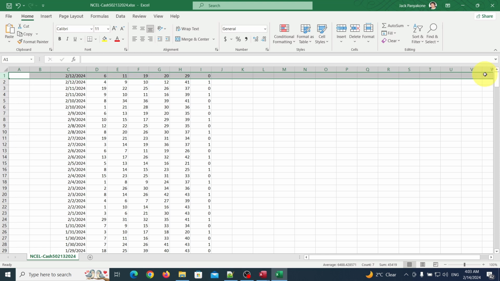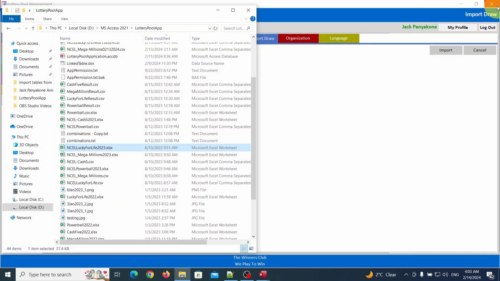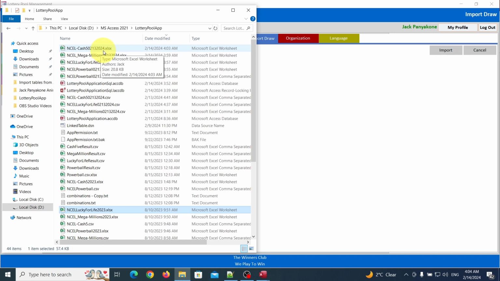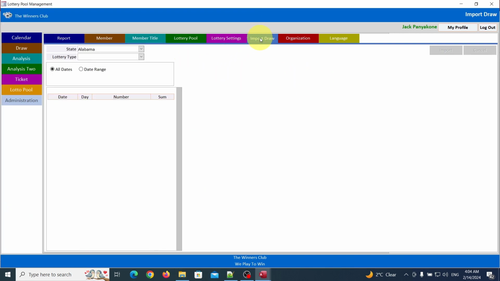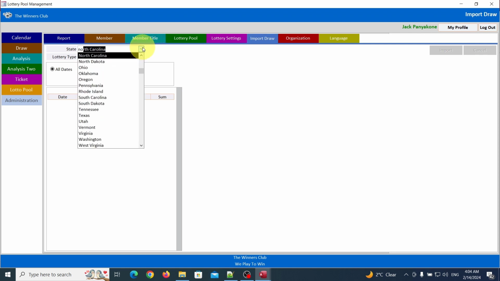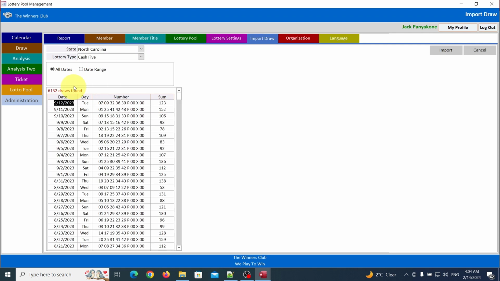Alright. Let's save that. We're gonna find out if it works. Alright, so we got these guys 2024 downloaded yesterday, but I didn't do anything. I didn't even finish formatting. I had to do something else. Alright, let's try this. We're gonna go import, see if our import works. Go to North Carolina, and it's